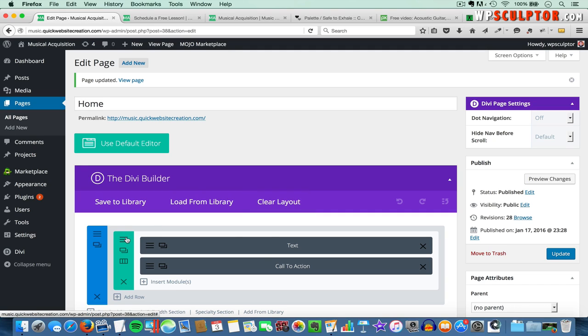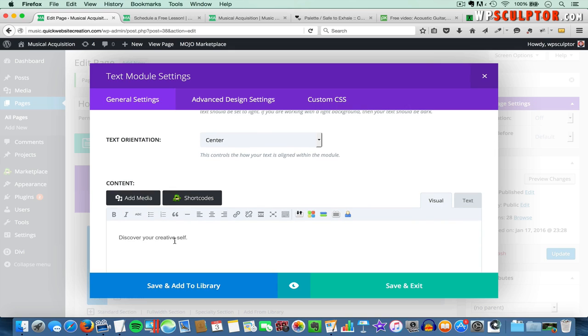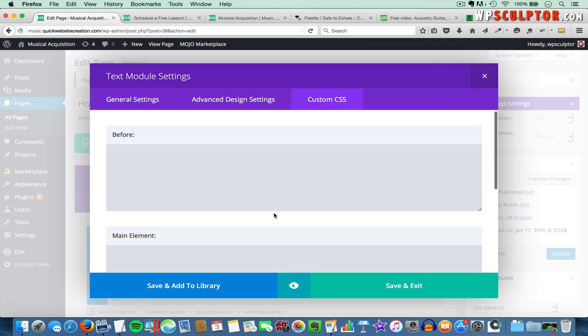So what we're going to do is, since we just want to change the text that we have in our text module, I'm going to click on the settings button for the text module. And again, we only have Discover Your Creative Self in the text module, so the CSS code is only going to affect that text. So to add the CSS, we're going to click on Custom CSS,